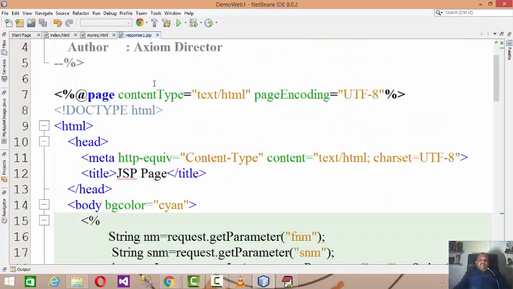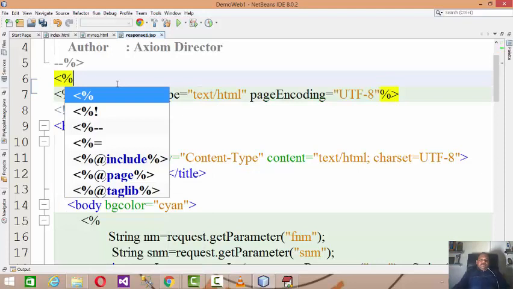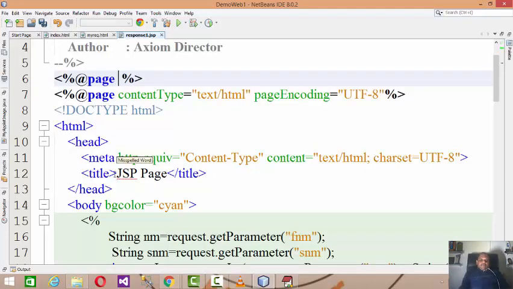If you want to import some API, like in Java code we write first import java.lang.*, import java.util.*, so here also, if you want to import any packages, then <%@ page import= and here you have to specify the name of the package, just like java.lang.*. So all the classes belonging to java.lang will be imported over here.